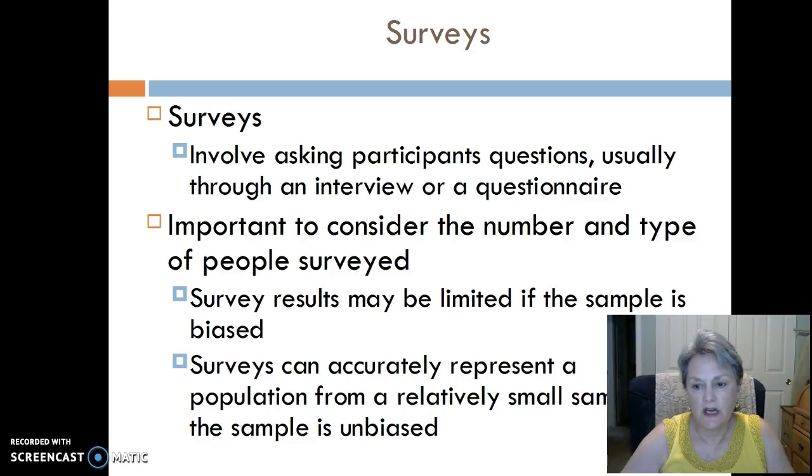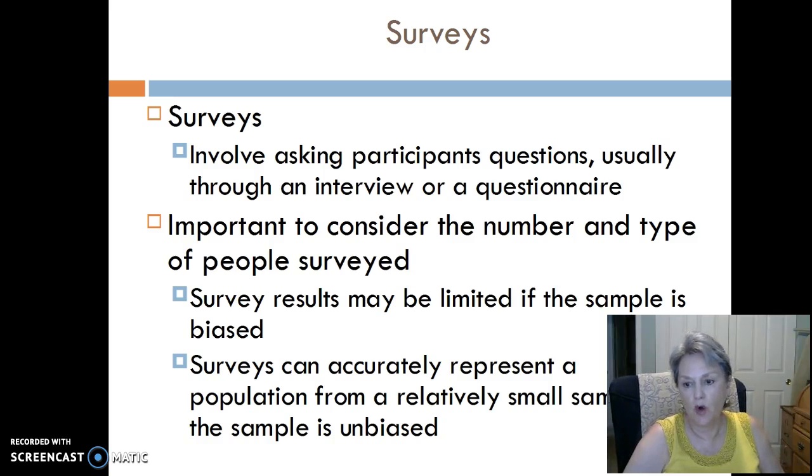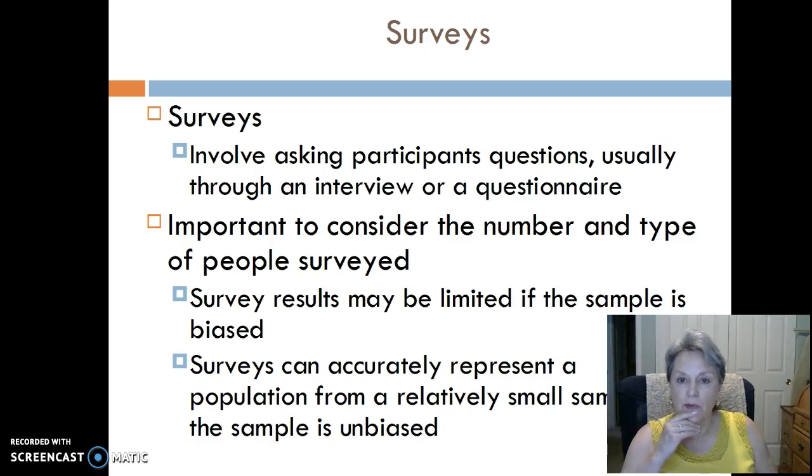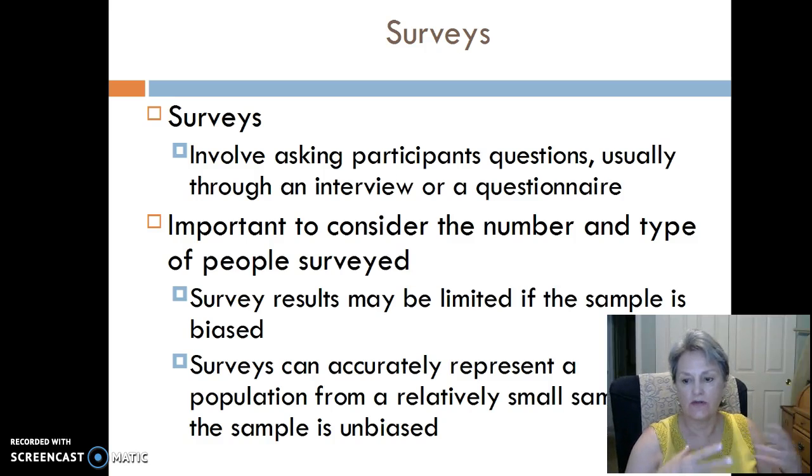Well, we're going to be talking about surveys next. This also relates to what you typically hear termed as polls, and we've been hearing a lot about polls lately with some of the elections that are going on. But a survey involves asking participants, either verbally or in a written form, standardized questions. So it's either an interview face-to-face with standardized questions that are asked, or a standardized questionnaire that the person fills